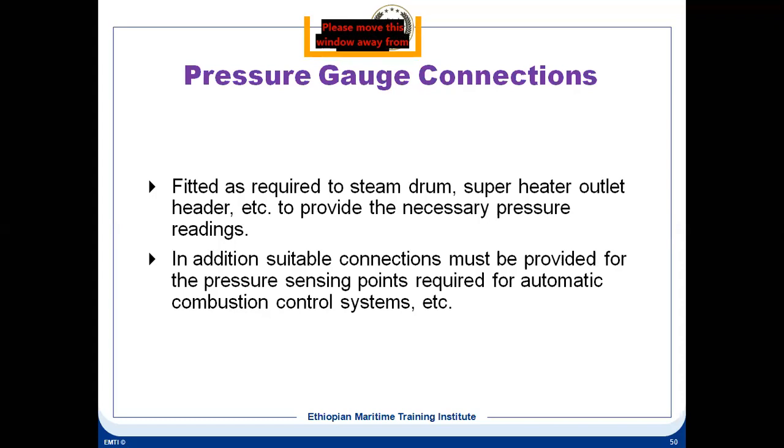In addition, suitable connections must be provided for the pressure sensing points required for automatic combustion control. That means all your air pressure sensors, furnace pressure sensors, all the pressure sensing points, they should have proper connections. So from where your feed is going to, let's say, for example, your air fuel ratio controllers,